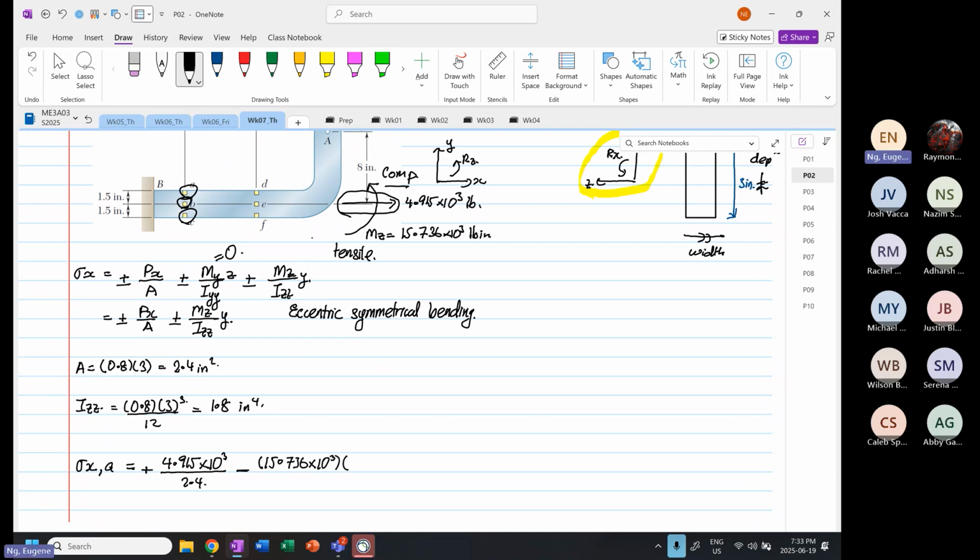The y distance over here is 1.5 relative to the centroid, and then we divide by 1.8. So 4.915 times 10 to the power 3 divided by 2.4 is equal to 2.048 times 10 to the power 3, minus 15.73